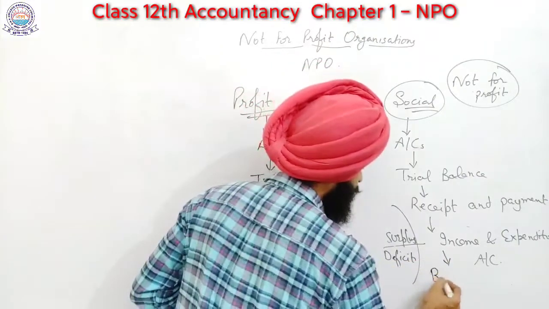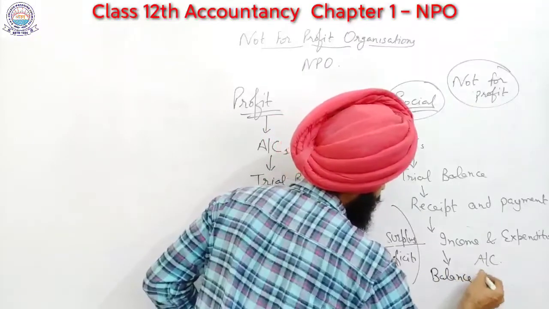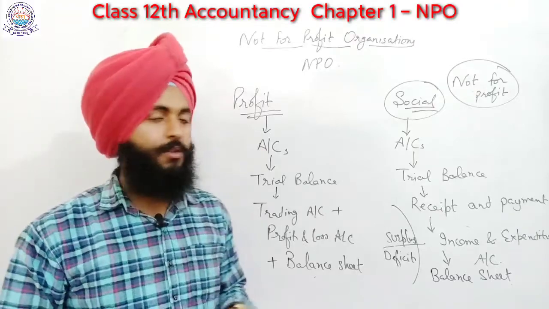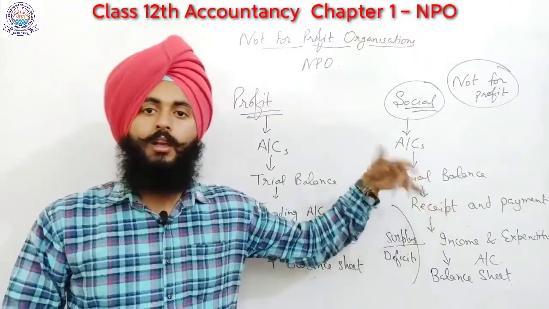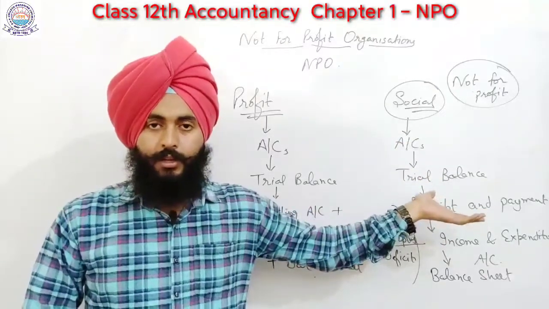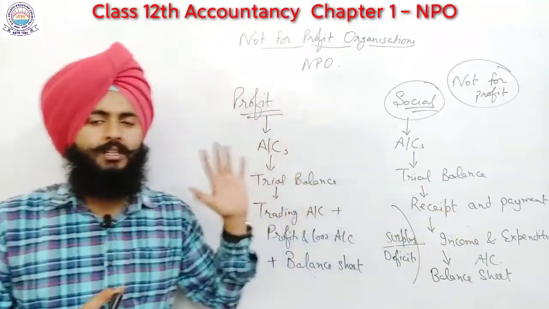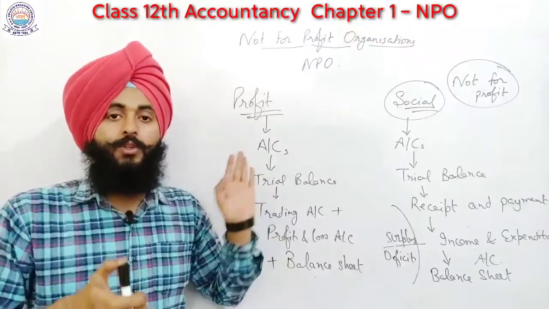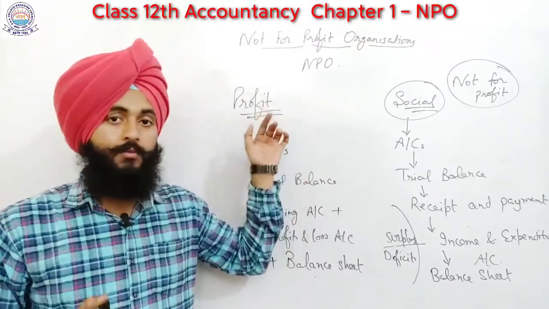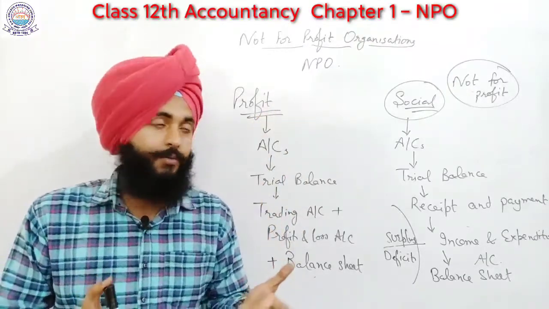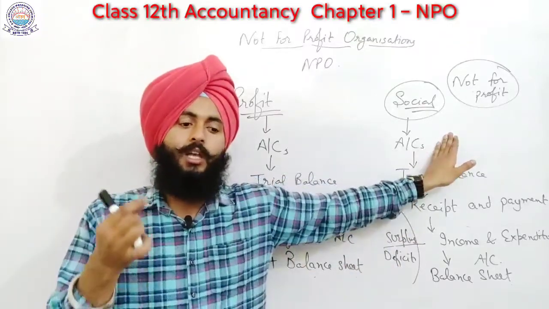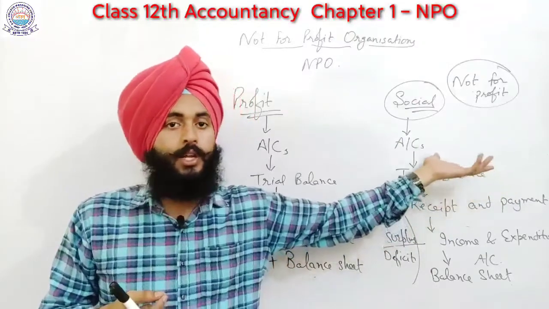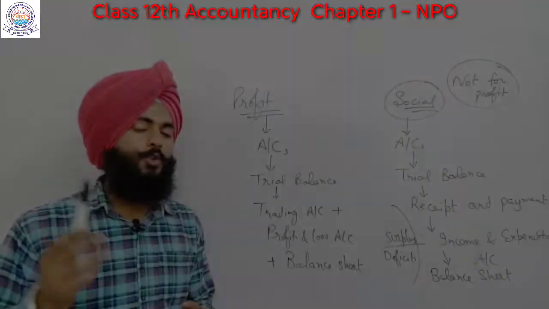And after the income and expenditure account, the last thing is very much similar, and we have to make it because this is the backbone, you can say. This is the main thing. Balance sheet. We used to make this thing in this NPO also. Okay, so this is the main difference. An organization with motive of profit, with motive of earning profit, and the organization which is having the motive of social cause, social activities जिन्होंने करनी है.